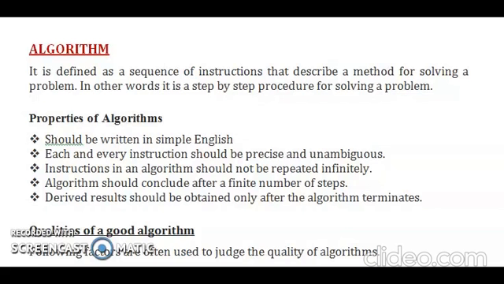A sequence of instructions used for solving a problem is called an algorithm. We can have different algorithms for solving the same problem. There are some properties for an algorithm. They are: